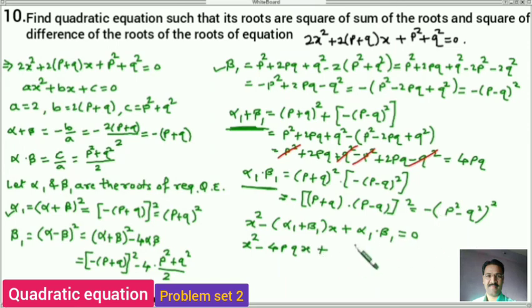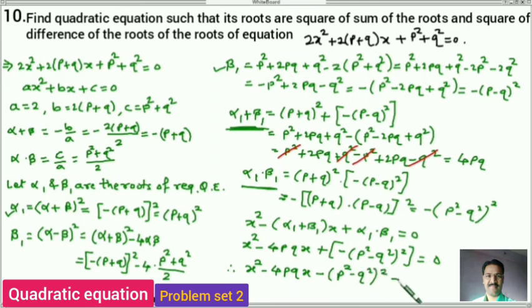This is minus P square minus Q square bracket square. Therefore, the next step, which is the last one, is x square minus 4PQx minus in bracket P square minus Q square bracket square is equal to 0, is the required